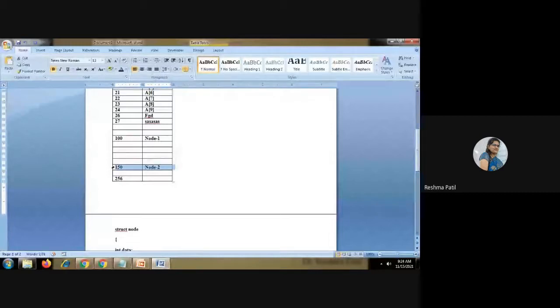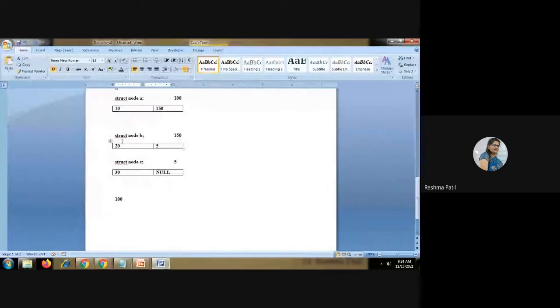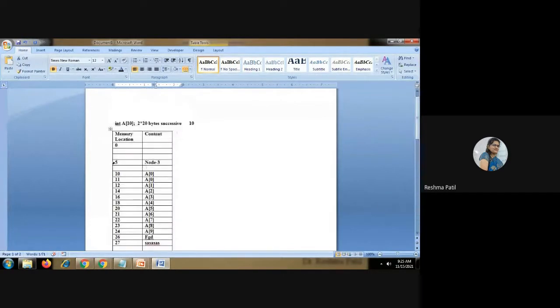You will jump to this location 150, and the value of this node 2 will be displayed to the user. Now after reaching node 2, I want to check the next node, the successive node, that is located at location 5. I will reach it directly because I know the address.